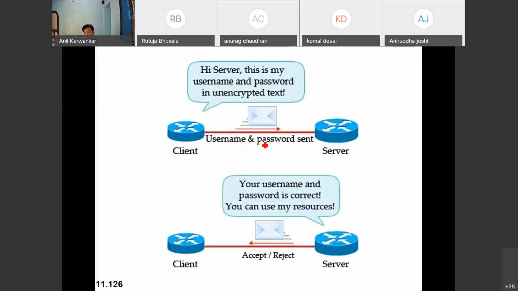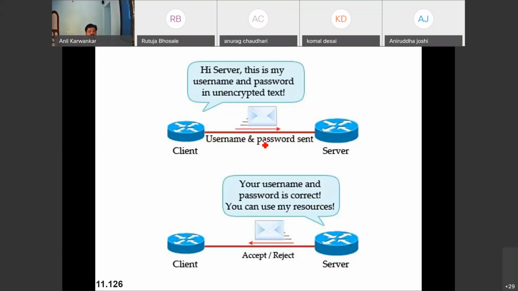In case of password authentication protocol, how does the process actually work? The client tells the server that this is my username and password. Both username and password are unencrypted. The client sends the username and password to the server. The server checks the username and password, verifies it, and if found correct, sends the message that your username and password are correct.